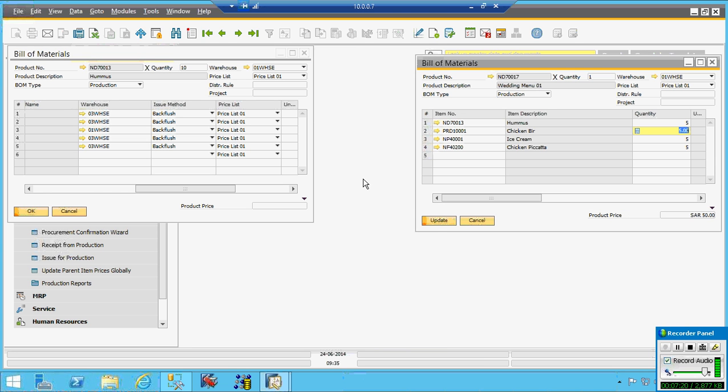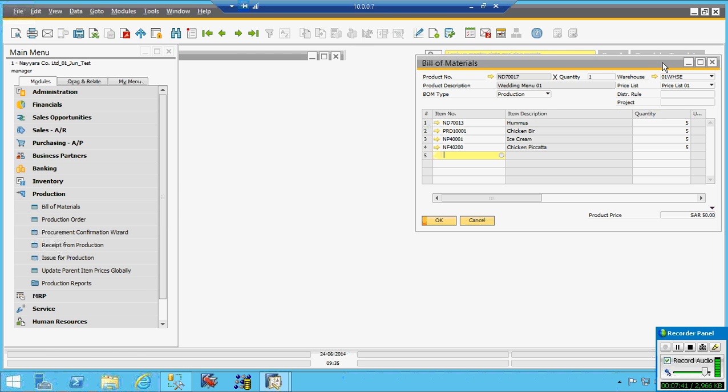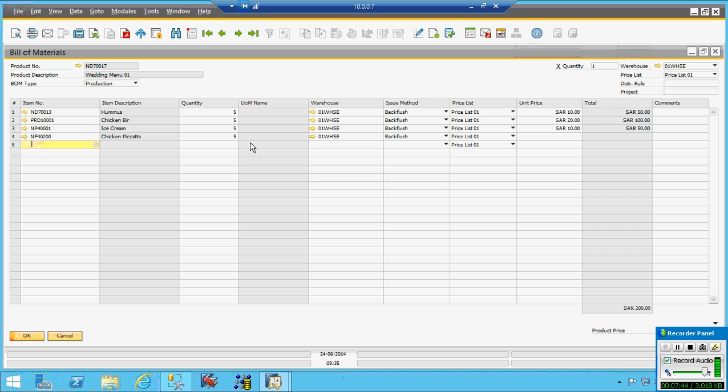This is okay. And this recipe, like this, we prepare all the recipes that we created standard. This can be standard, this can be customized. So, like this, you create multiple recipes. Now, once I prepare the recipe, I go for the menu, like for the wedding menu. If I go for the wedding menu, for me, these recipes are part of the wedding menu.